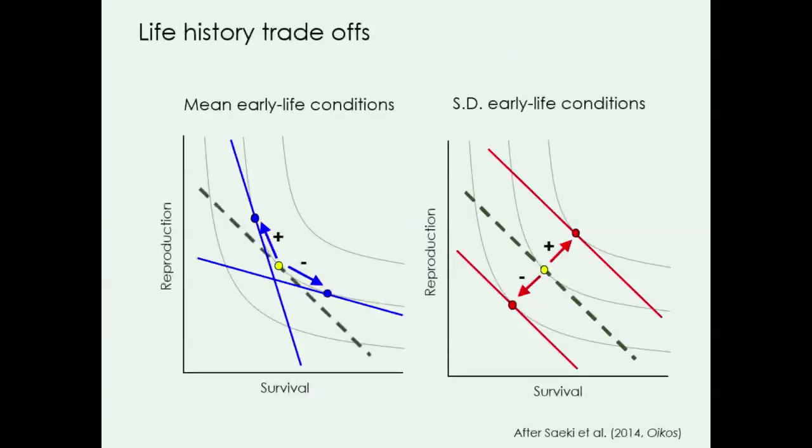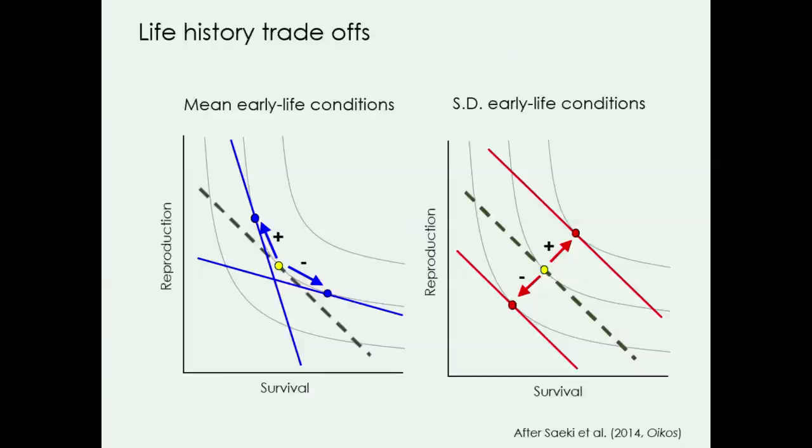So in conclusion, this is just a figure to try to sum up what we found. This is trying to represent the life history trade-offs that we find. Each of these thin lines represents equal fitness return, and the dotted line represents the reference trade-off. So a change in mean conditions results in a shift in this line, and a change in the optimum investment in the trade-off between reproduction and survival. So better conditions, you invest more in reproduction, less in survival, and vice versa.